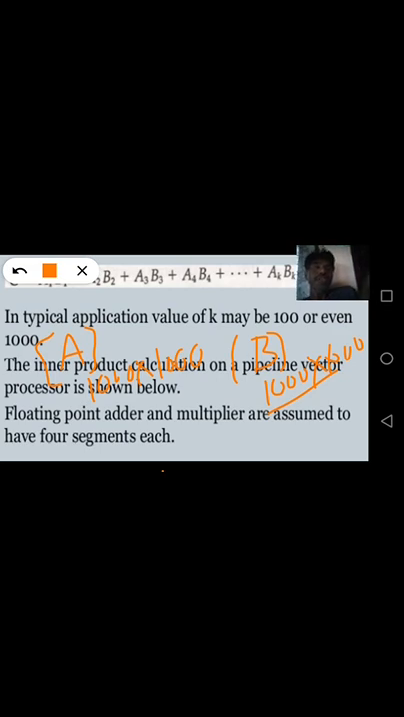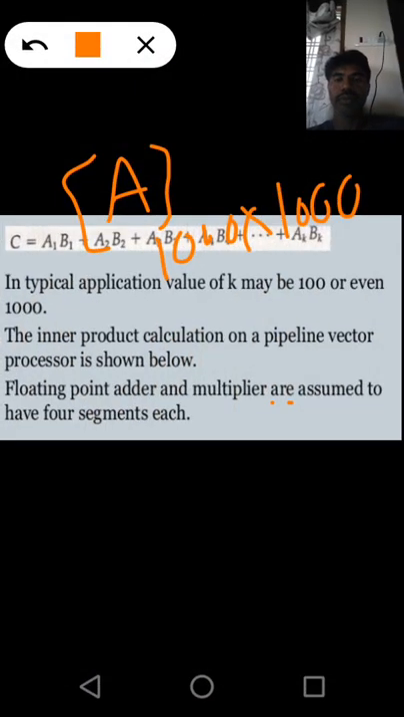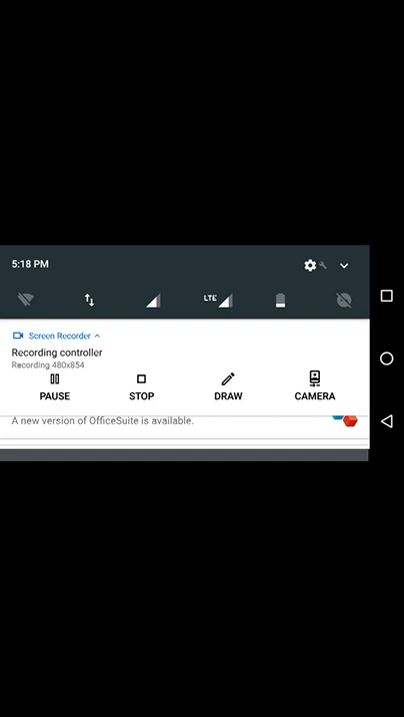So in a typical application, the value of k may be 100 or even 1000. The inner product calculation in a pipeline vector processor is shown below. Now we have to calculate the inner product. This inner product calculation is very important. So let's try to understand this inner product. The inner product calculation on a pipeline vector processor is shown below,